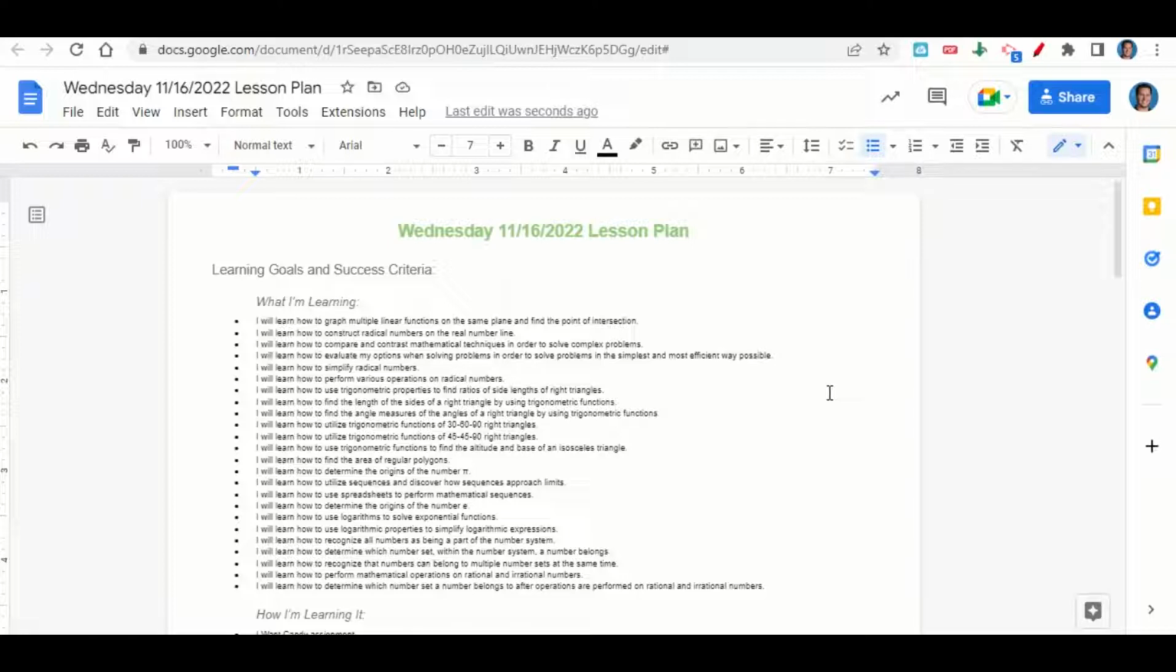We're learning how to graph multiple linear functions on the same plane and find the point of intersection, how to construct radical numbers on the real number line, how to compare and contrast mathematical techniques in order to solve complex problems, how to evaluate your options when solving problems in order to solve problems in the simplest and most effective way possible, how to simplify radical numbers, how to perform various operations on radical numbers, how to use trigonometric properties